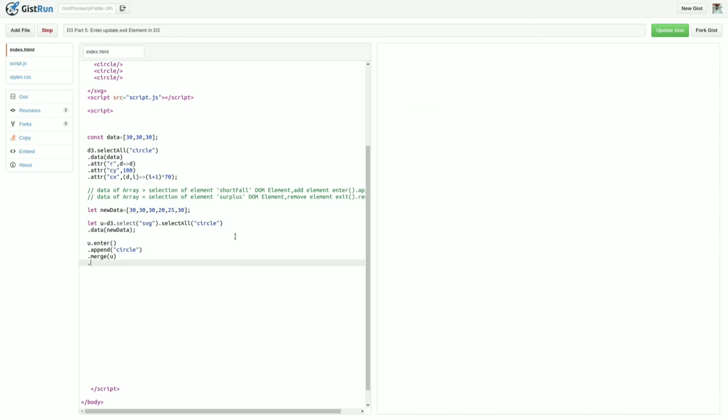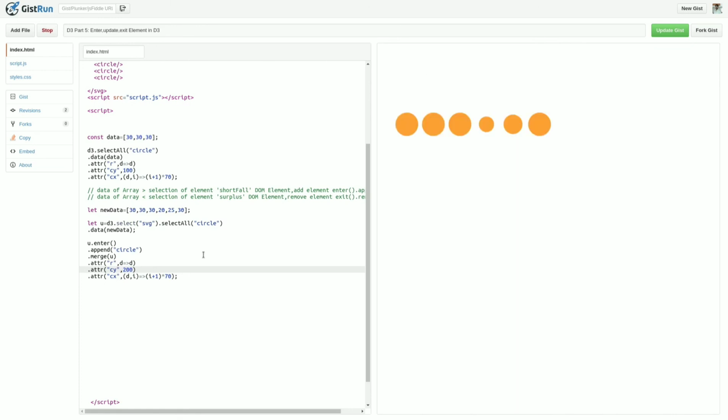Now if you want to give update properties such as radius, cy 100, cx this. If you pass cy 200, all the elements will be updated. You can see that already available as well as newly added ones are updated.